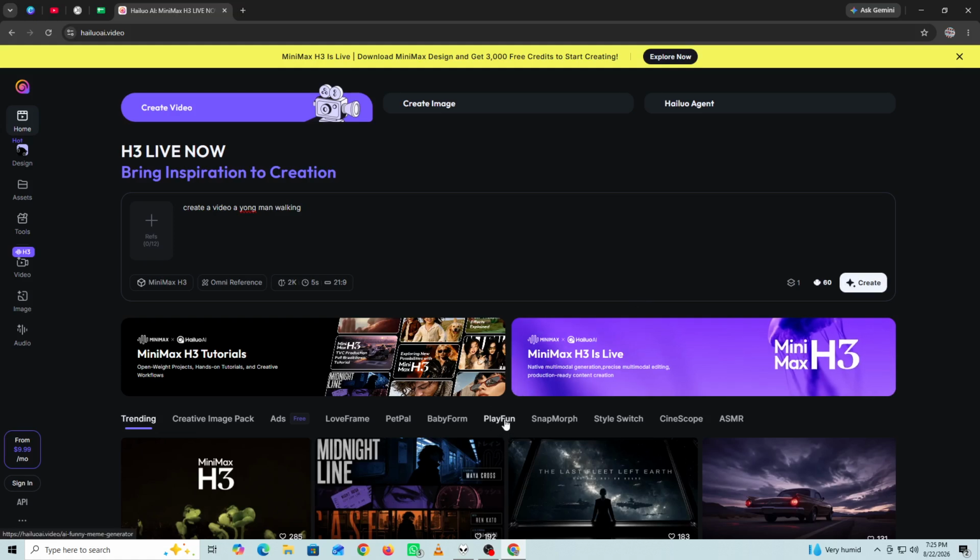If you don't like the first result, don't worry. You can improve your prompt by adding more details about the subject, action, environment, lighting, style, and camera movement, then generate again. When you're happy with your video, save or download it using the available